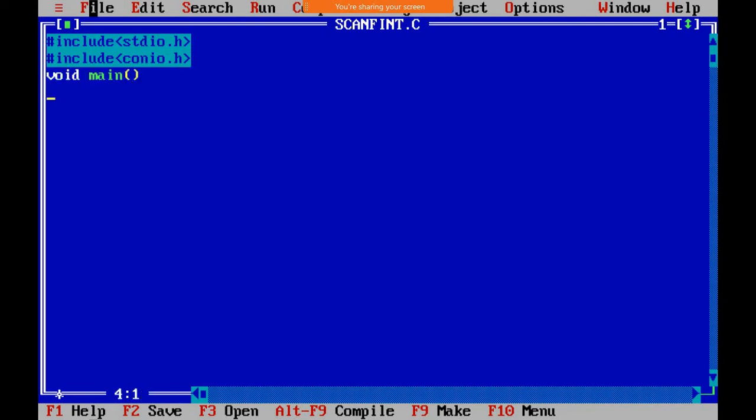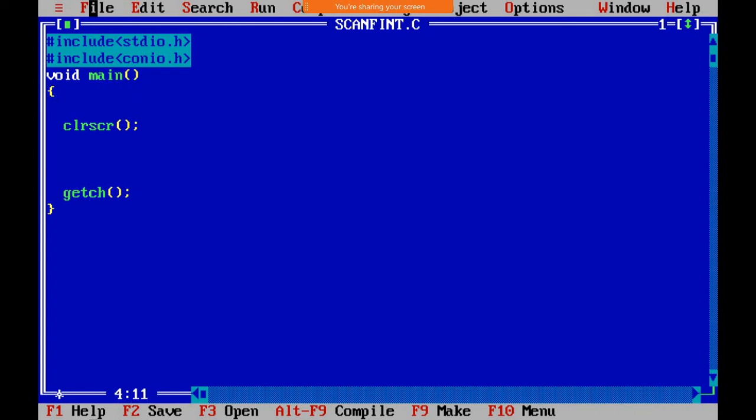Inside that, we'll use clrscr and getch. In the last lecture, we already discussed that if you want to declare a variable, it will be declared above the clrscr, and if you want to initialize the variable, I will do it after the clrscr.